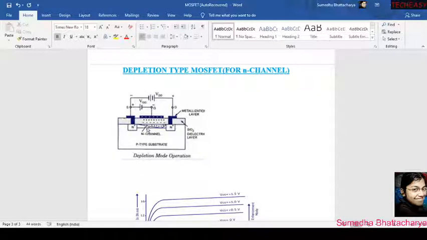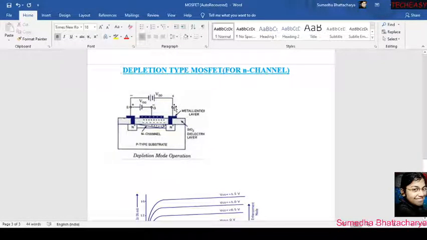About the construction. Now after this construction we will discuss the working principle of depletion type MOSFET. How does the depletion type MOSFET work, right? So here you can see the same construction as in enhancement type MOSFET. There is one VGG and one VDD connected. The VGG is connected to the source and ground, and there are also 4 terminals, but here the source terminal and the substrate terminal are internally connected. So here we can consider only 3 terminals, right? Here is the source terminal, gate terminal and drain terminal. Now the VGG is connected between the source and gate and the VDD is connected between the source and drain,